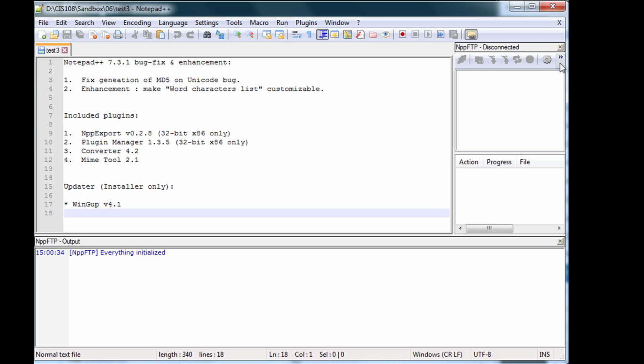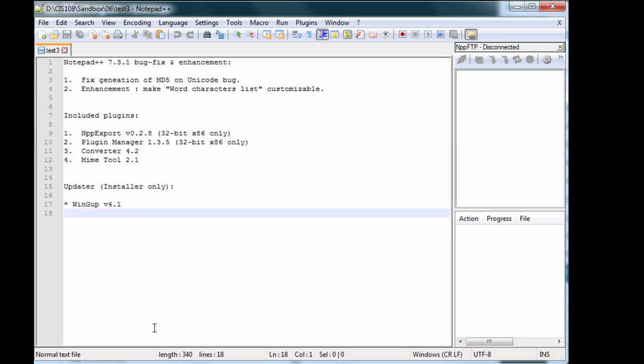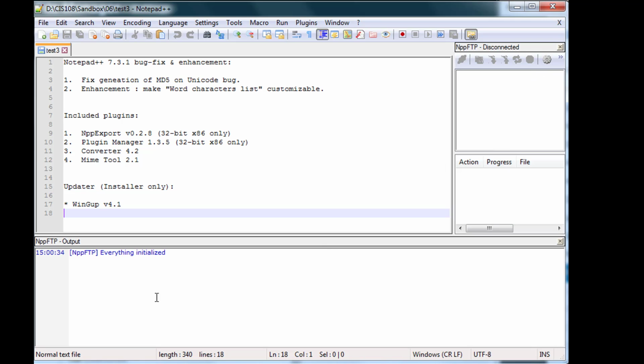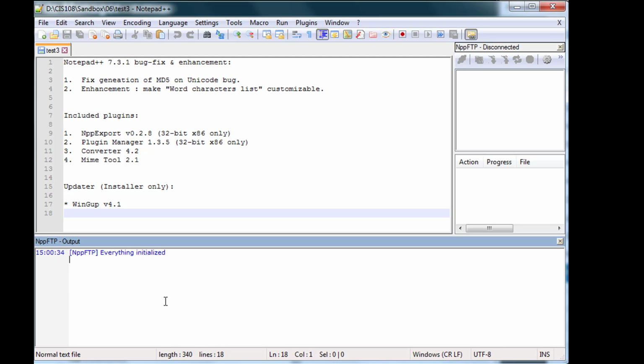Now, I want to show you these double arrows here. This actually allows you to show or remove the message window. Right now, if you'll notice, I have no message window here. When I click on the double arrows and select Show Message Window, I get a message window here. I want this message window because it'll show me if I have any problems when I transfer files from my computer to juliegrimes.com. So what we're going to do first is come over to this gear icon, which is Settings,